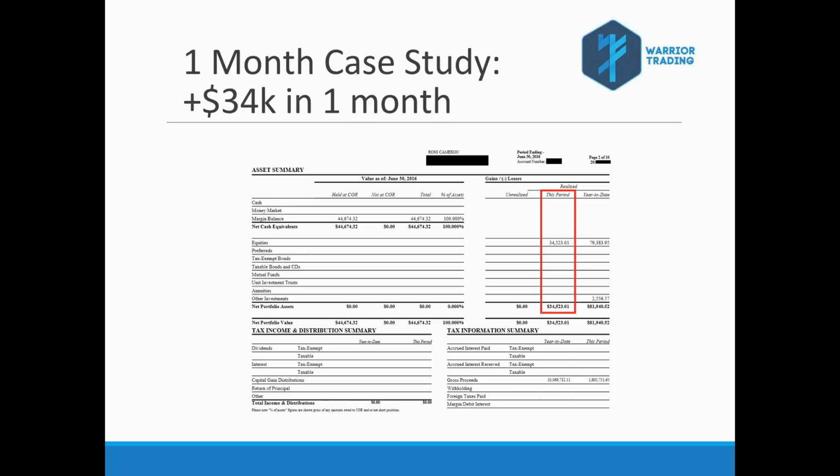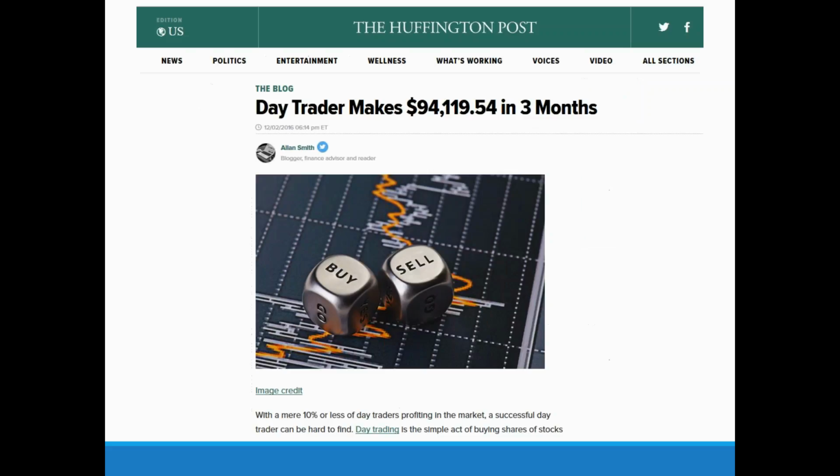Now, at the end of that month, it kind of was like, all right, this is great. I just had a terrific month. I've got this new sense of confidence. I trade less, but when I trade, the setups are really strong and I'm making more money. So let's just continue on. This is now a set of rules that I'm just going to follow for a while. The next month I made $32,000. The month after that I made $29,000. And over the course of 3 months, I made